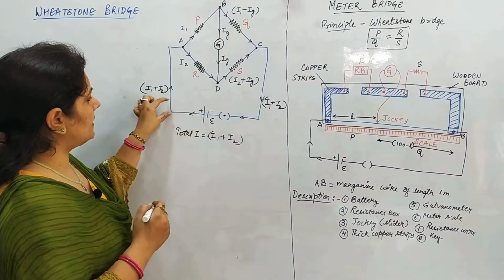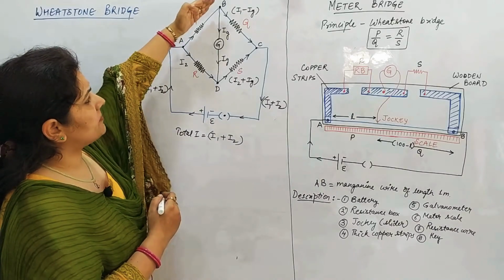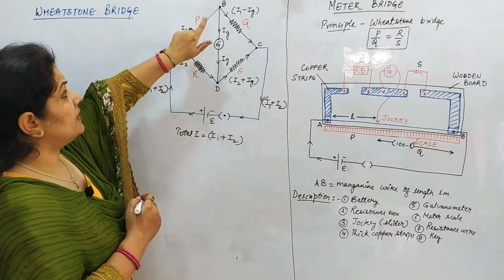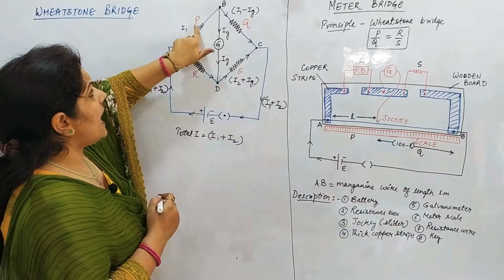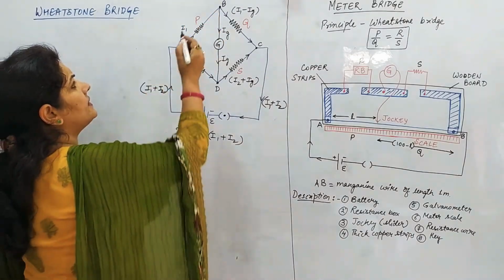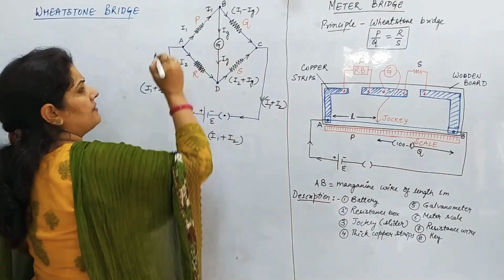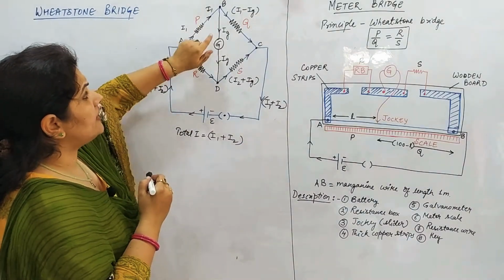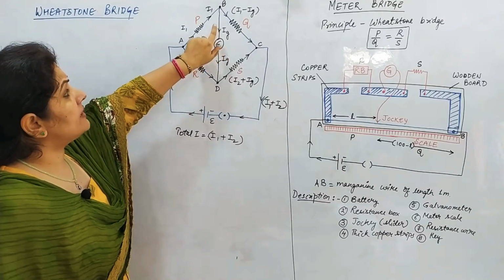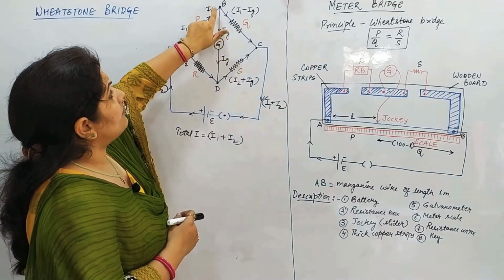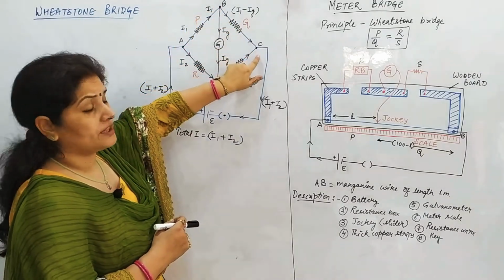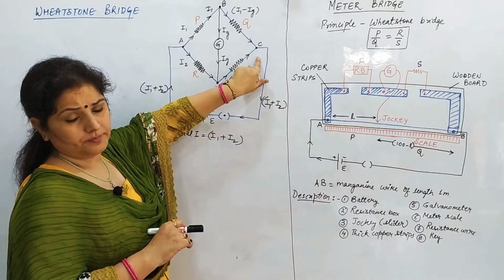So यहाँ से I1 plus I2 गया, I1 goes in this branch because this is a junction, I2 goes in this branch. Now at this junction, ये I1 में से IG goes this side. इस junction पे incoming current is I1. Outgoing current is IG. Outgoing current is always negative, we know. So what is the current in this? I1 incoming, IG outgoing. I1 minus IG is the current flowing in the branch BC.